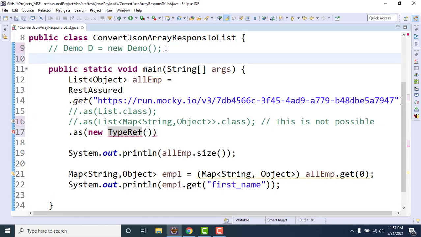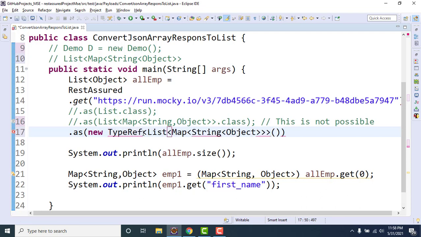What type of value does it hold? My response holds a map, sorry, it is a list of map, right? Correct. So this is my generic. Simply copy this one and paste it here.